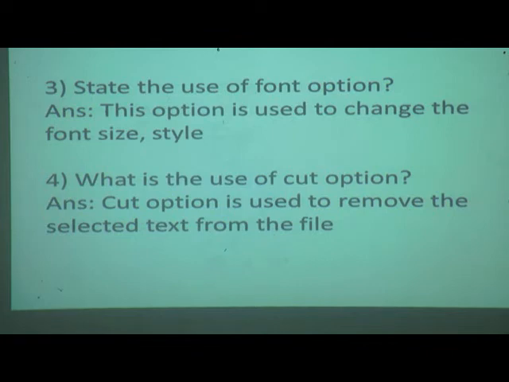This option is used to change the font size style. What is the use of cut option? Cut option is used to remove the selected text from the file.